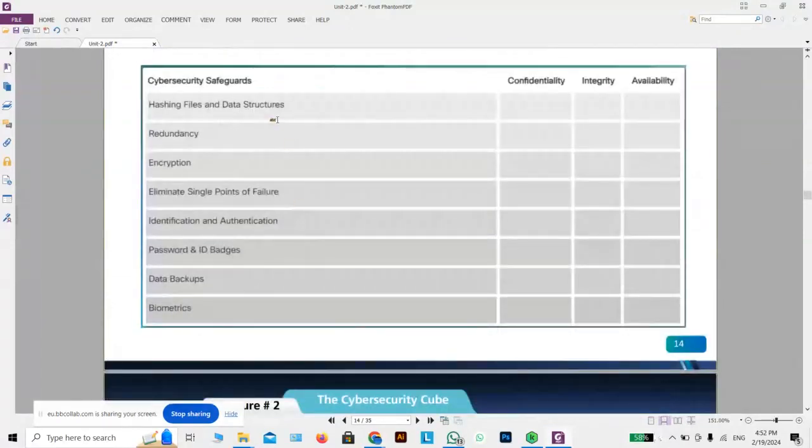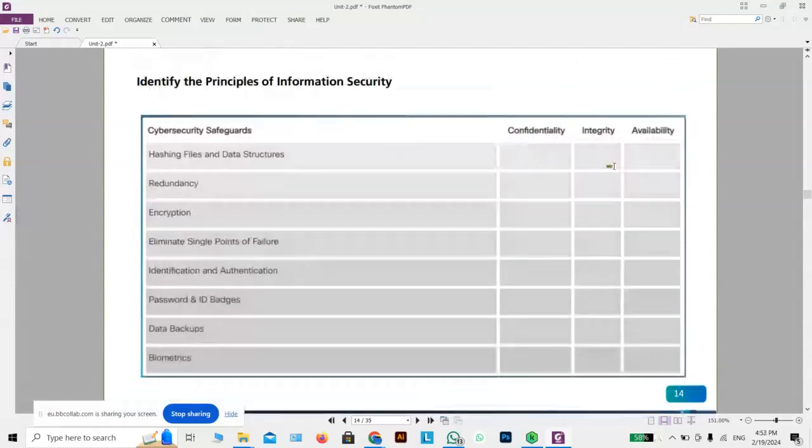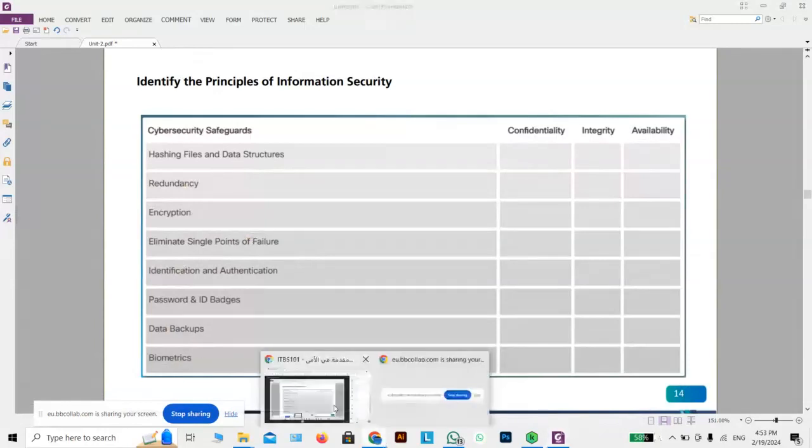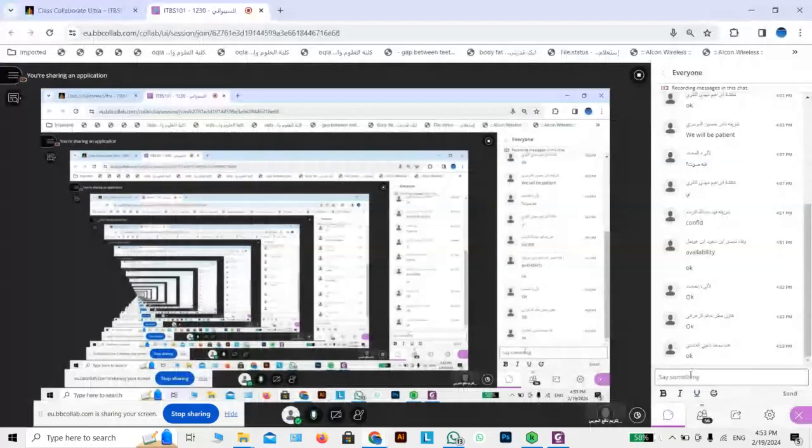I hope you will listen to this in the right way and try to get to know about it. Everything is quite clearly written in these slides, so better to read and get to know the real terms. Which principle belongs to redundancy, encryption, eliminate single point of failure, password, biometrics? Okay, that's good for you. So till then,